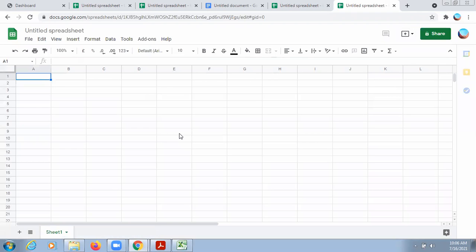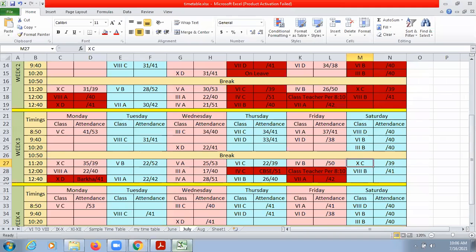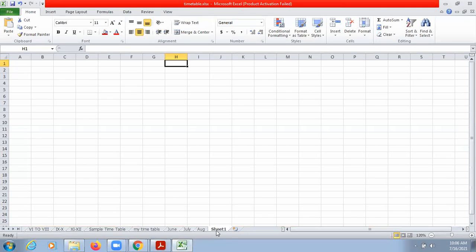The second option is you can also download an application known as WPS Office for working with MS Excel on your mobile phones. I am also sharing the application in your class group.